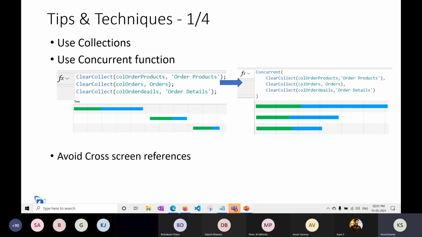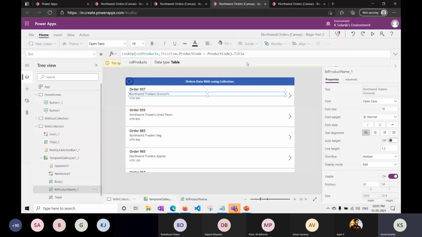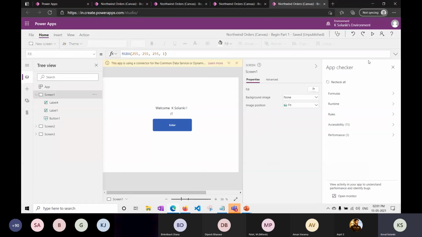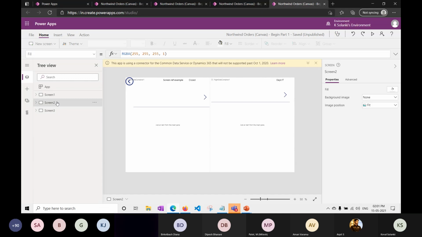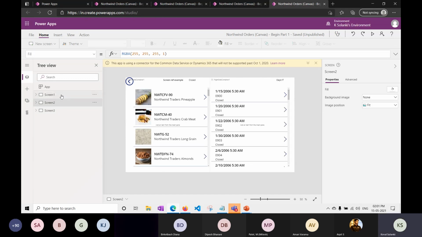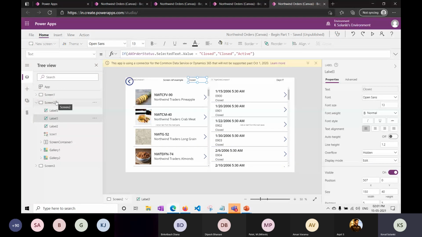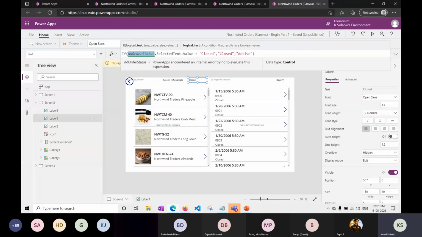Then we are having the cross screen references. So let's see again with one of the demos what we are talking about with the cross screen reference. Here is again the sample screen where I am on screen 2. I am using one of the controls called drop down order status, and based on that value I am